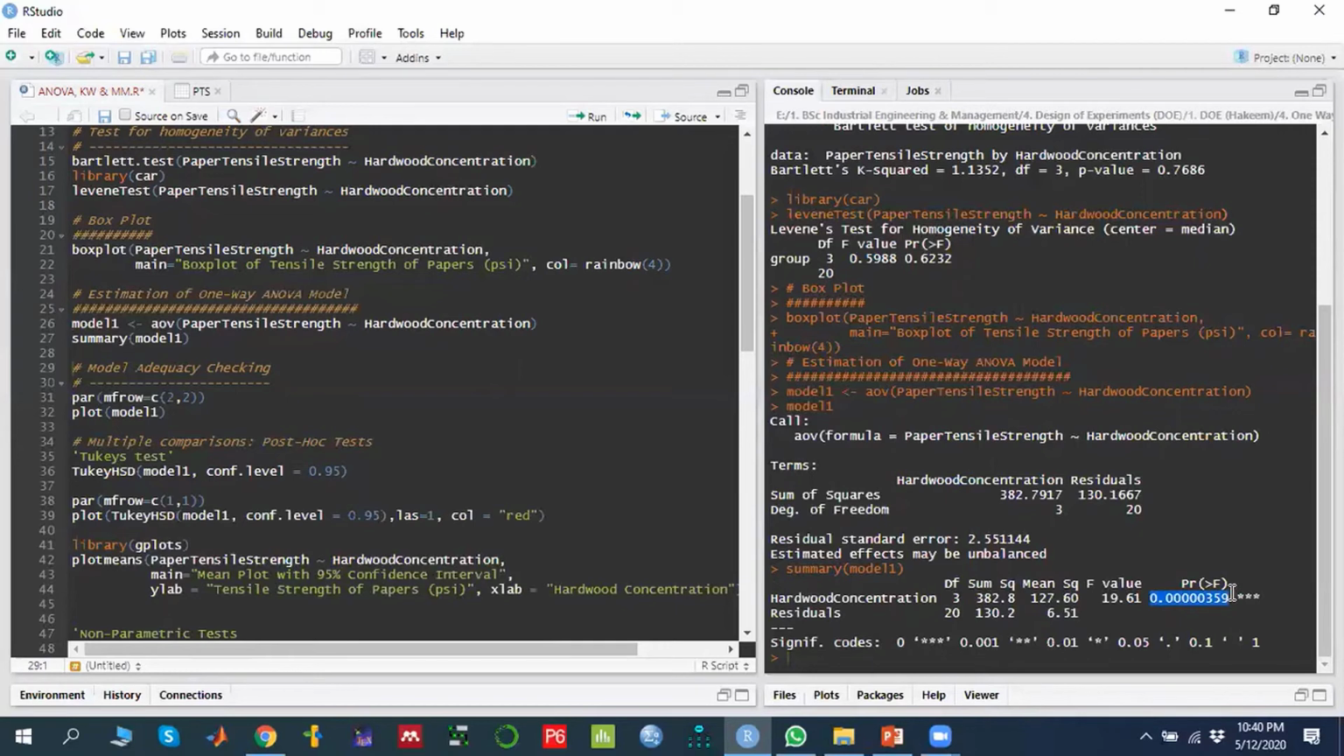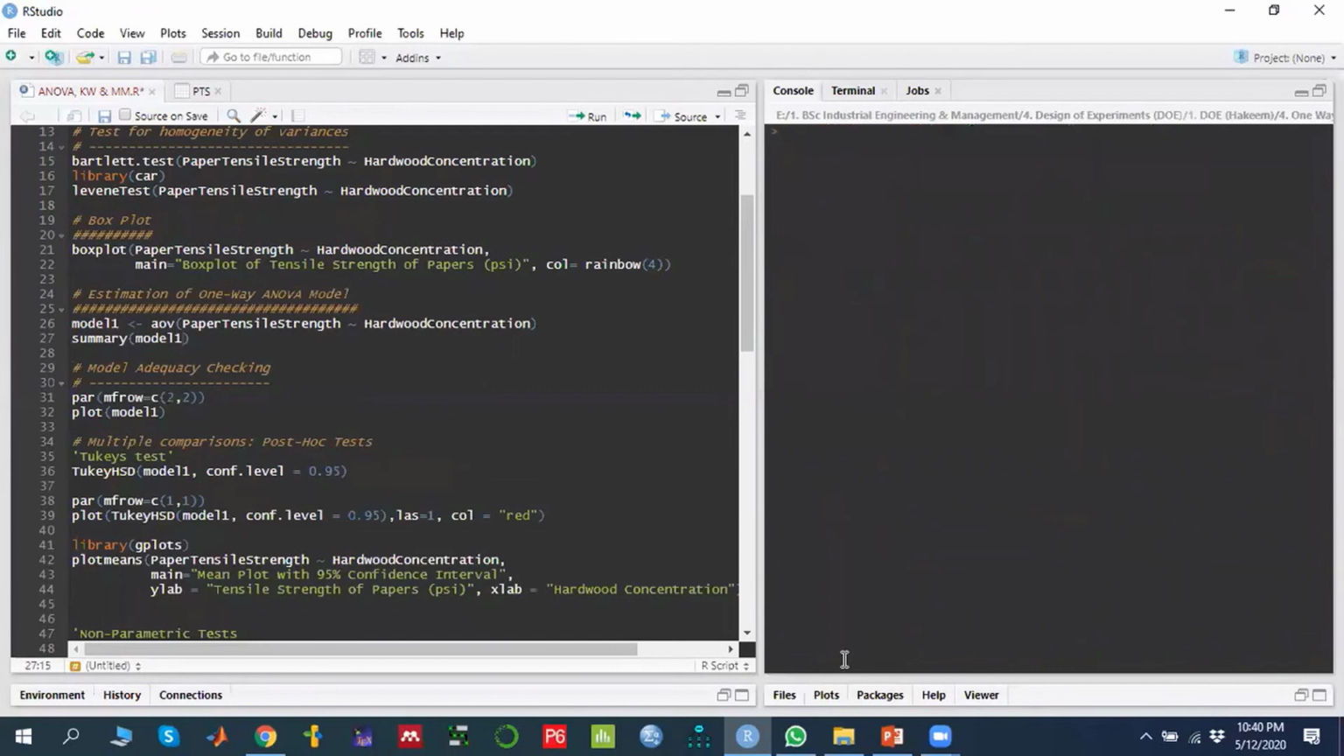And what does reject H0 mean? That means the paper strength is not the same at every level of the hardwood concentration. So the paper strength at at least one hardwood concentration level is different from the others. Once we got this, that the paper strength is not the same at every level of the hardwood concentration,